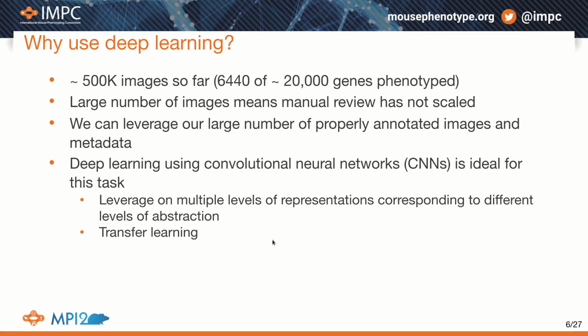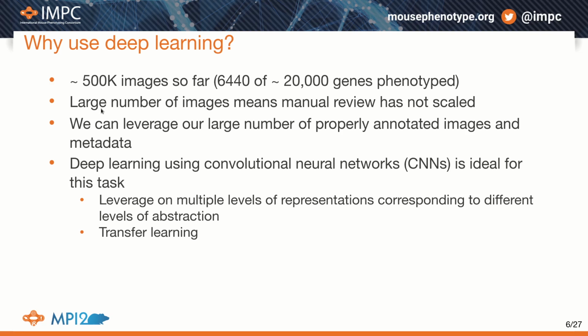So we're interested in deep learning because we have a lot of images. At the moment, we have to date over 500,000 images, and we've only been through just over 6,000 out of 20,000 genes. So this large number of images means that manual review that we've been using has not scaled well,